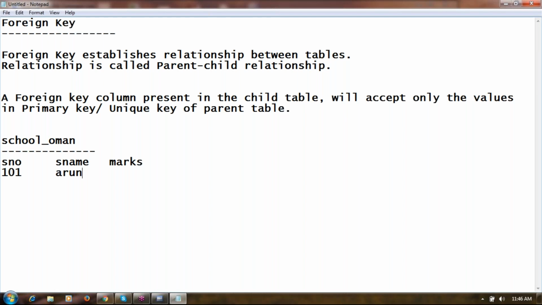The library table will store the information about which books are borrowed from the library. This table is having two columns, student number and book name.